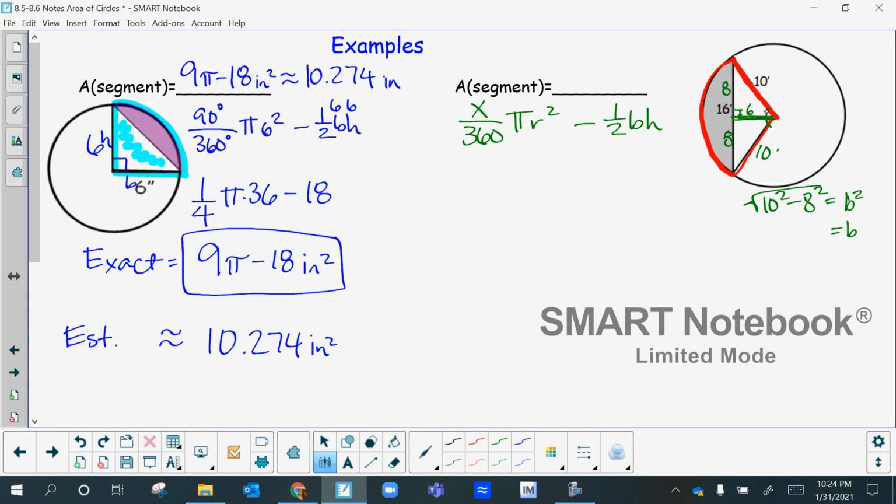And so how am I going to find the angle there? I'm going to have to use trig. Let me get a different color so I can do that. So this angle right here is going to be, I'll just use the 8 and the 10. This is opposite over hypotenuse. So I'm going to do sine of x degrees equals opposite over hypotenuse. So you remember how to solve for an angle? We're going to put 8 divided by 10 and then hit the inverse sine. So that's about 53.13 degrees. So x is about 53.13